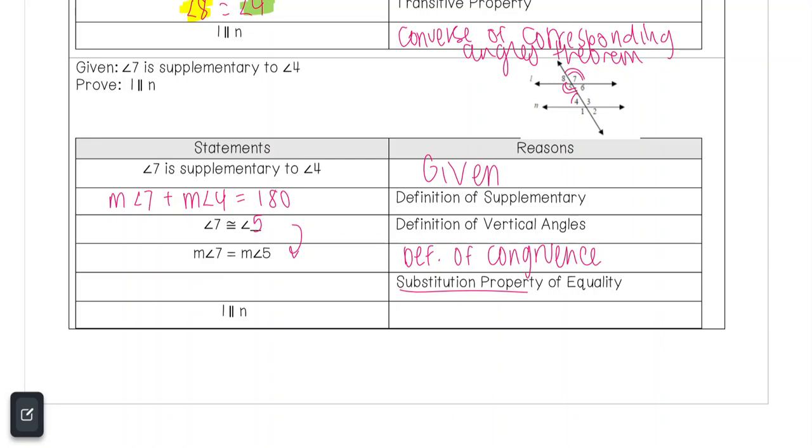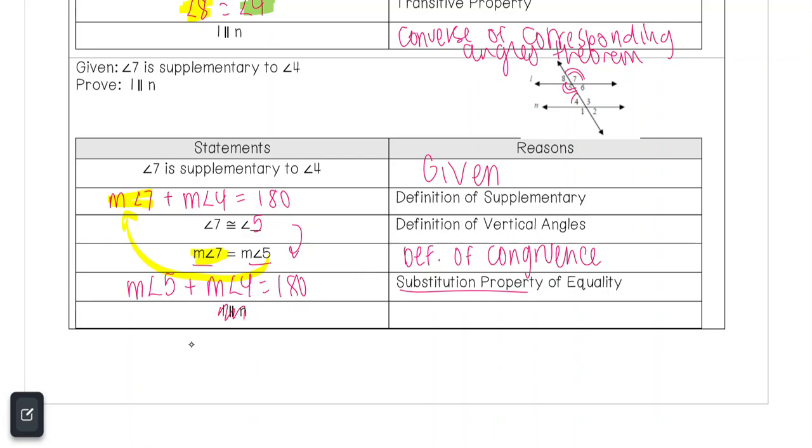So looking back at what we've done and what we're trying to prove, think about what we could substitute in here. We've shown that 7 and 4 are supplementary, and we've also shown that 7 and 5 are equal. So where I see 7, I could replace it with 5. So I'm going to rewrite that line 2, but in place of 7, I'm going to say the measure of angle 5, and then plus the measure of angle 4 equals 180, and that's our substitution property of equality. So therefore, what I can tell is that those two angles are supplementary,